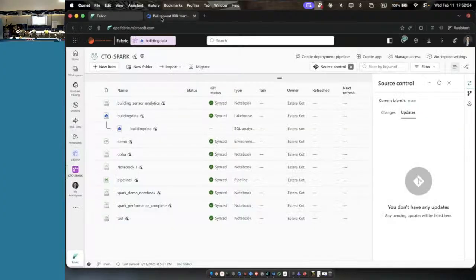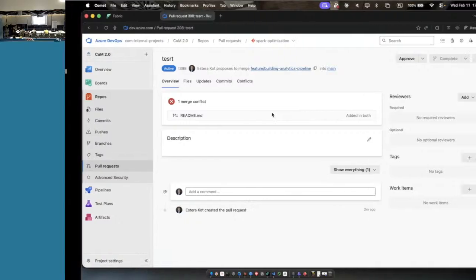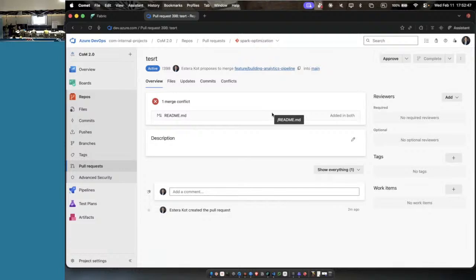Okay, right now I'm based on my main. So what is happening? I push the changes to the repo. There is a conflict. That's why I have a feature branch. And now either I will push directly to main, or I will switch and branch out to the specific feature branch. Maybe that's the way.